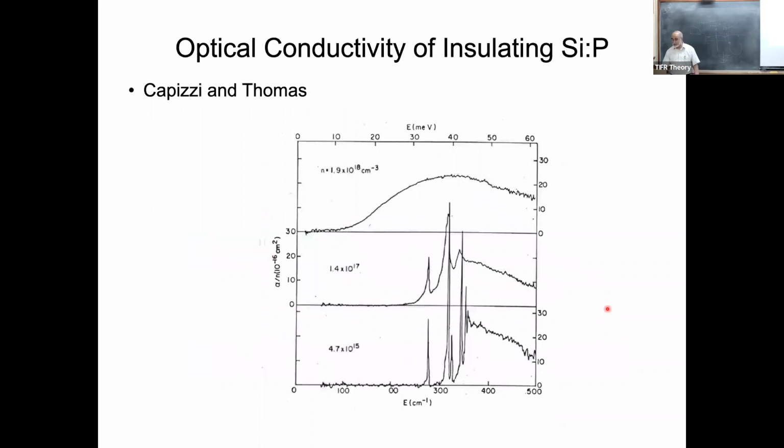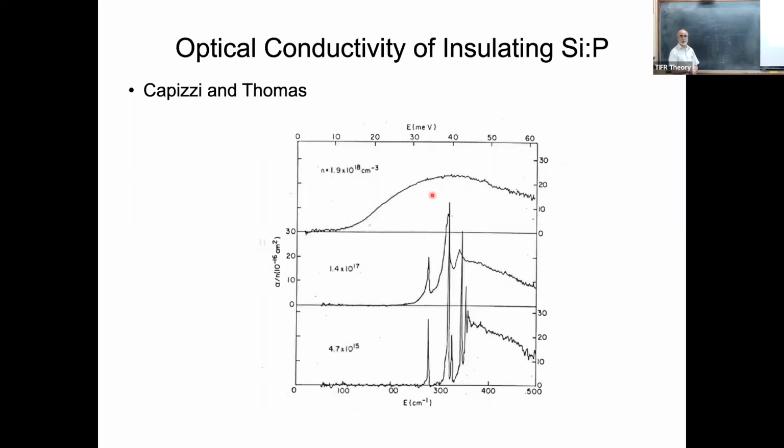And so just to show you that this is not a figment of imagination, I actually show you the finite frequency conductivity of phosphorus in silicon. This was measured. So when you are at very low doping, what you find is the hydrogenic atoms have these sharp peaks which correspond to 1s to 2p, 1s to 3p, etc. transitions. Okay, and then there's transition to the continuum or the conduction band states. And as you increase the concentration, these peaks get wiped out, and by the time you're halfway to the metal insulator